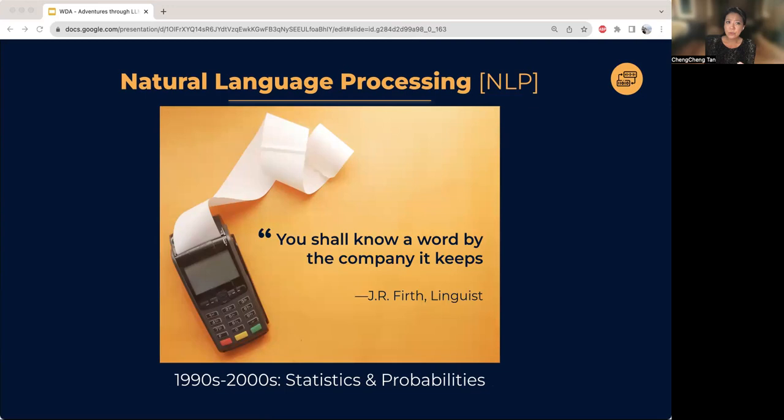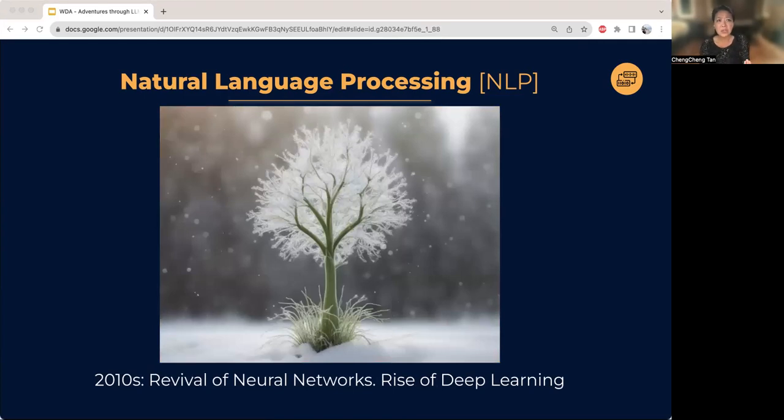Think about learning languages as children. You're immersed in the sounds and sentences. You know what sounds right and wrong, even if you don't know why. You've internalized the statistics of your language model. So how did we go from mediocre to, oh my gosh, we can't even tell what's AI generated?